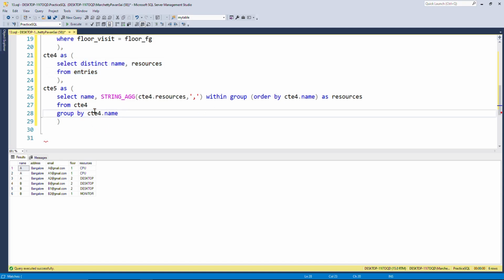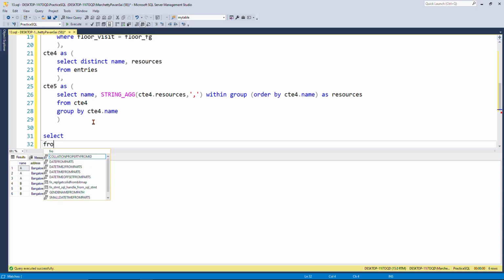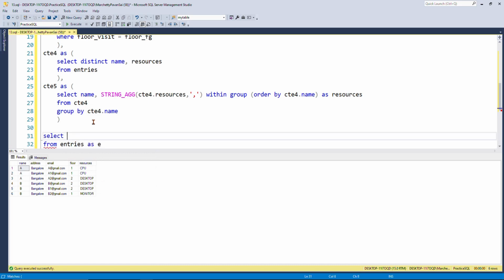Okay, based on the particular name, hence it would gather all the resources used by a particular person. Now after this, in order to get the required output, we'll write all the details in a particular order. Here what I'll write is, from the entries table, I'll write from entries, I'll give the alias as E. So in the select clause, from the entries table I want E.name, comma, here I can write count(1), or total count